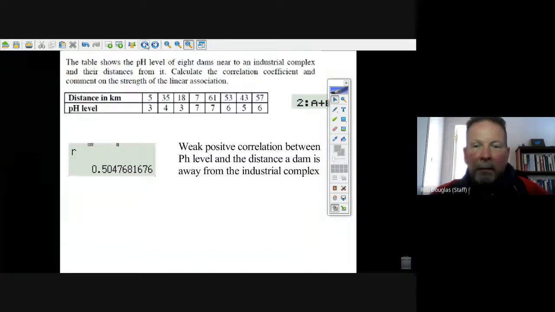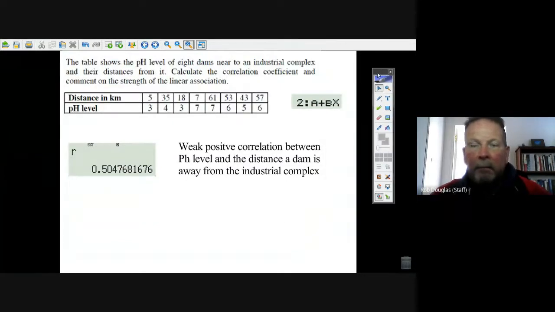Okay, this is the second part of this regression assignment, where they focus a little bit on, well, there's three questions here, and they focus on the correlation coefficient and what it tells us. So the first thing, there's a pH level of dams at different distances away from an industrial complex. And they want to see, is there a correlation between how far you are from the plant